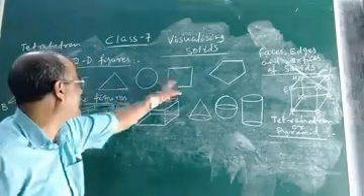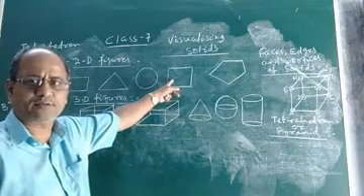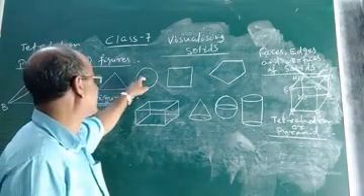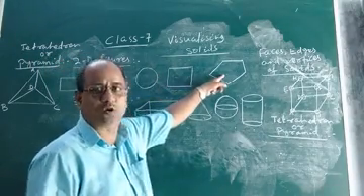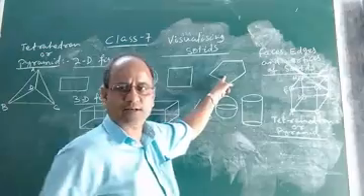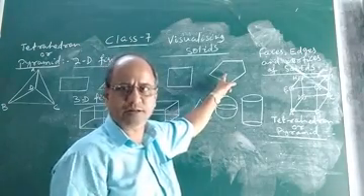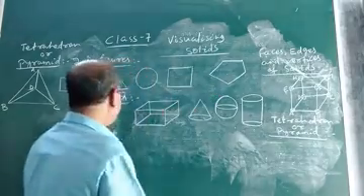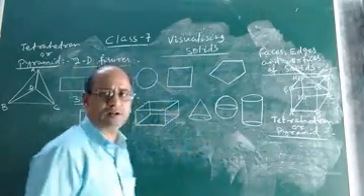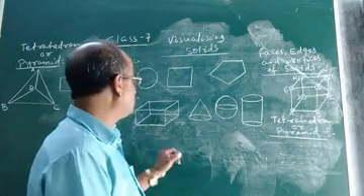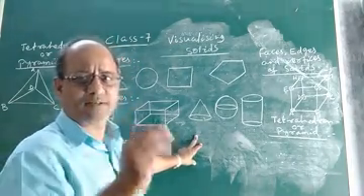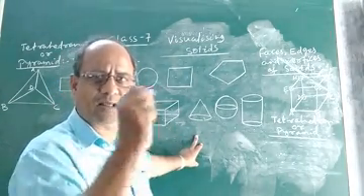Then two-dimensional figures or two-dimensional shapes: rectangle, triangle, circle, square. This is a pentagon, which is a polygon. I discussed it in the last class, in the chapter symmetry. So these are two-dimensional shapes or figures. These are three-dimensional shapes or solids. Now why are they called three-dimensional? Because they have three dimensions. What are the three dimensions? Namely length, breadth and height.